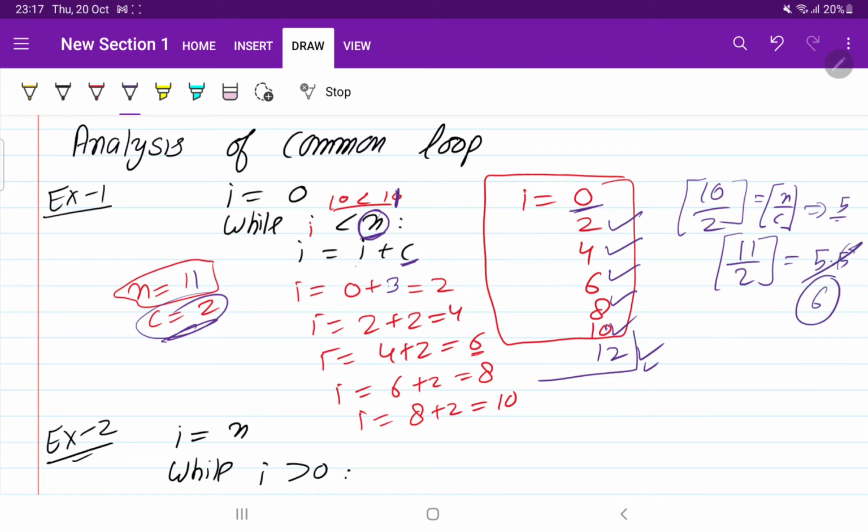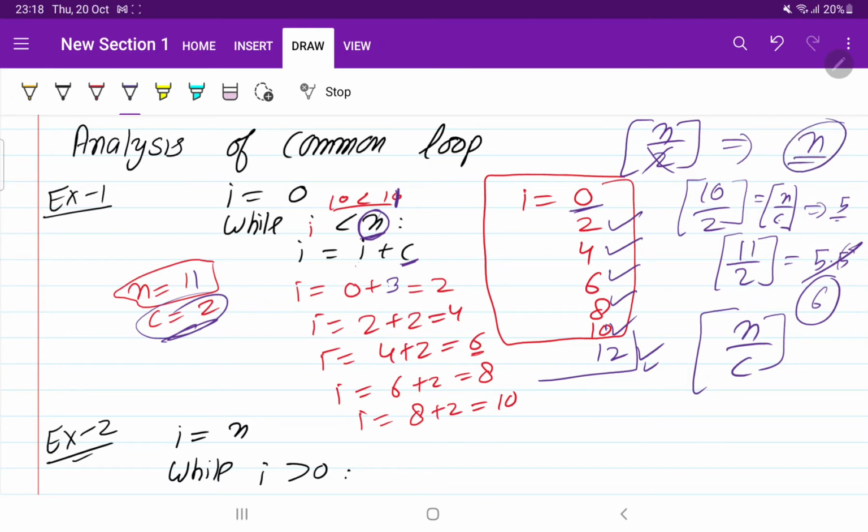Okay. So plus minus 1 is allowed, plus minus 2 is also allowed, but we got an idea that it is taking n by c time. And earlier we discussed that suppose it is taking n by 2 time, n is the variable, so we ignore the constant 2, and we say it is taking order of n time. So I can say that the time complexity for this example is order of n, because we are taking the maximum amount, the upper bound. So I am writing O of n. If you are sure, then you can mention theta of n also, both are correct. In this case both are correct.